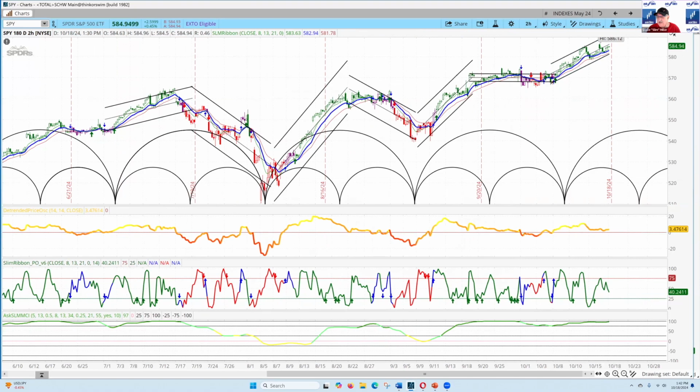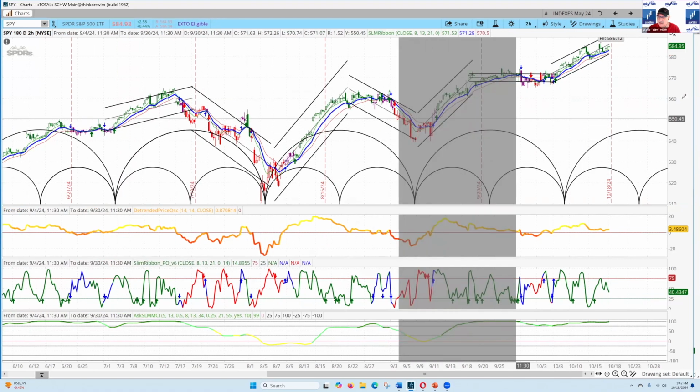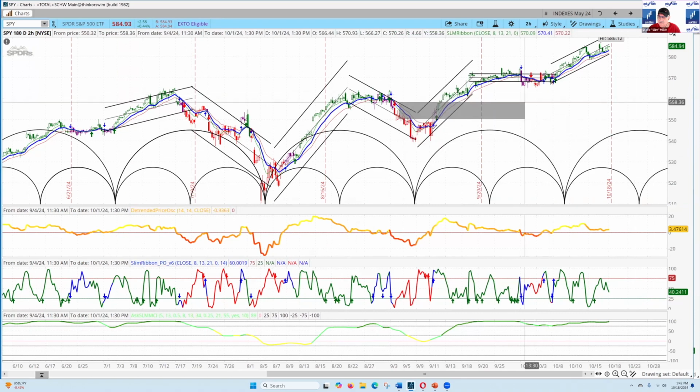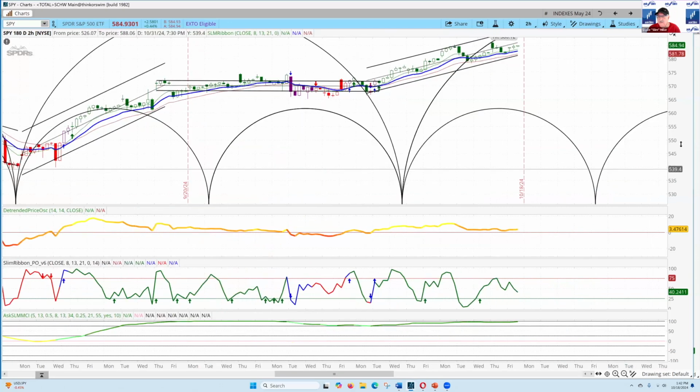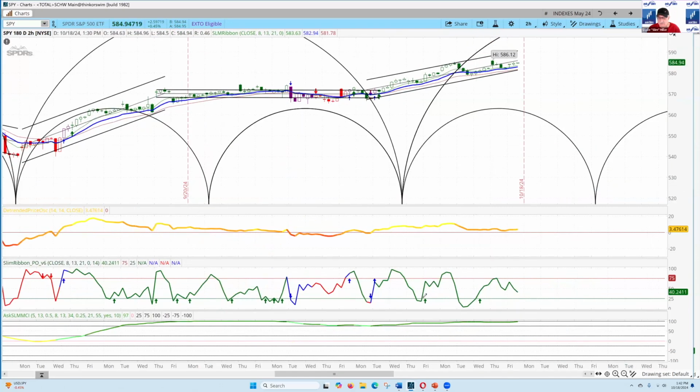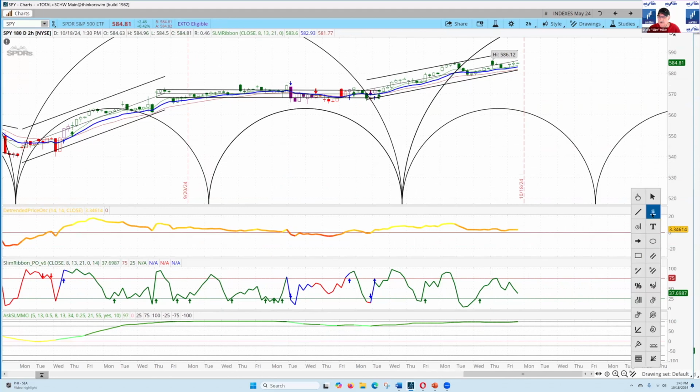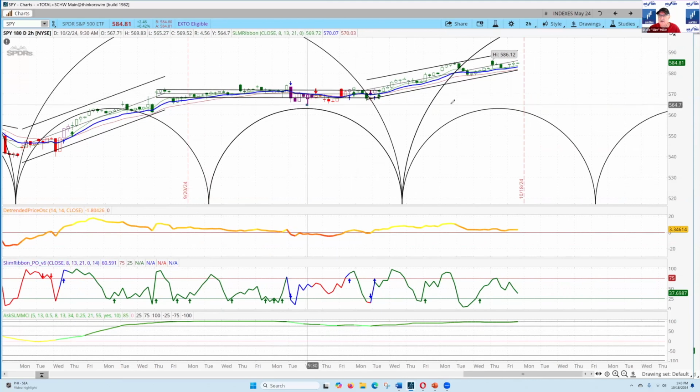And based on everything I'm showing you here, I'll just zoom in on this last one. Whoops, I blew that. Let me see if I can get that correct. Right in here, that's showing you that the slim ribbon PO is giving you resumption signals. Your linear regression channel is still pointing up, and everything is saying it's okay. Now, once you get a designation of this low in here, if it happens to be below the last cycle low, which is right over here, then you'll know that there's a breakdown and that the market is weak, and this will be turning down already.